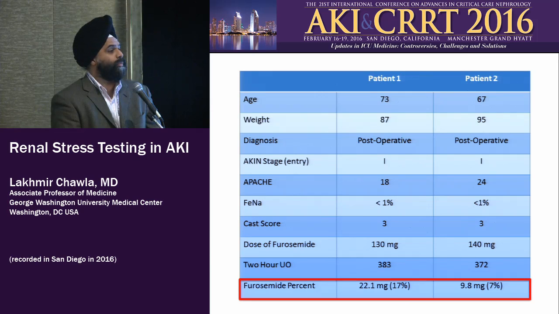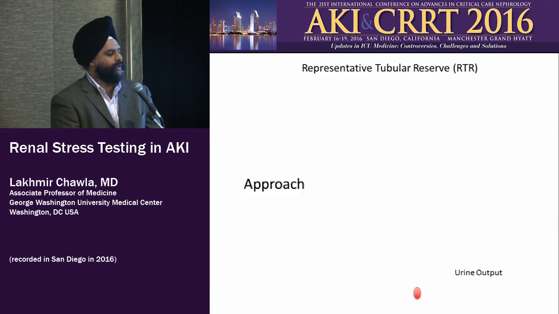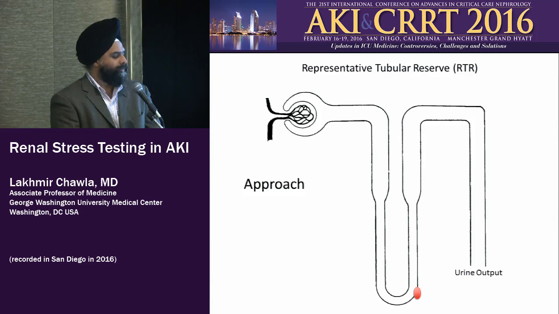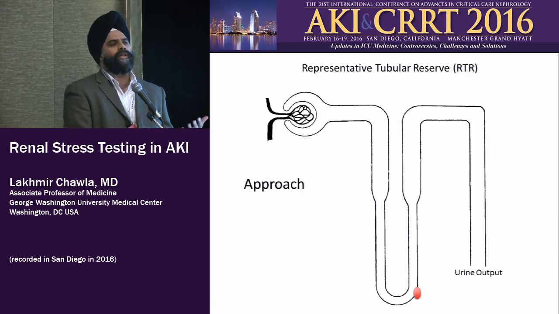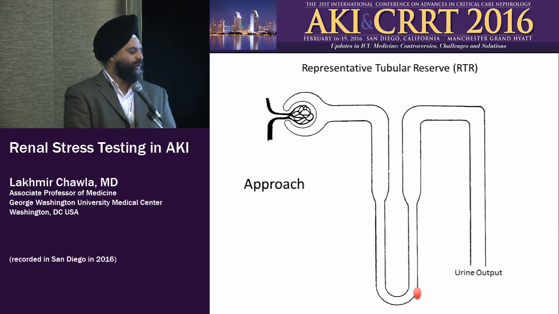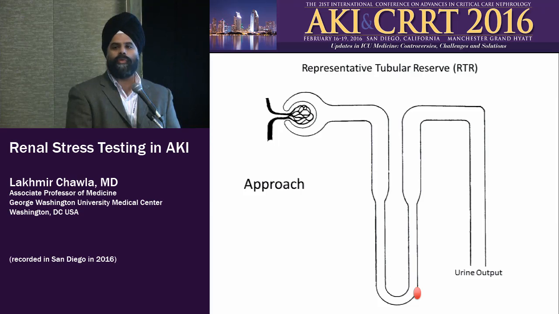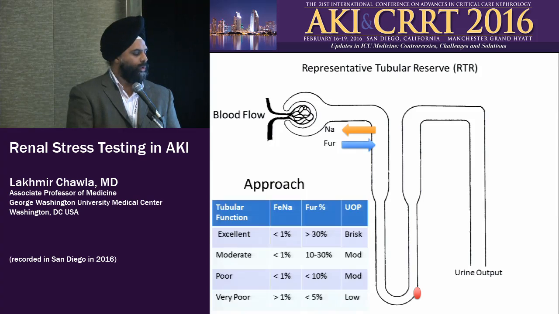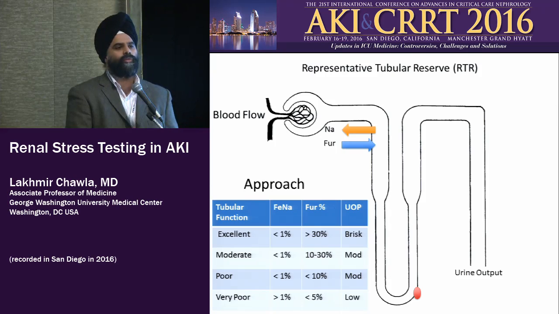And I think this is something that we need to actively investigate, because when you perturb a system, you typically get more information than a static system. And if you then actually think about this idea, instead of single nephron GFR, we're proposing the idea of representative tubular reserve. Do you have a tubular reserve? And is there a proximal tubular reserve or a distal? And can we use a combination of furosemide secretion and biomarkers to help us ascertain where the injury is and